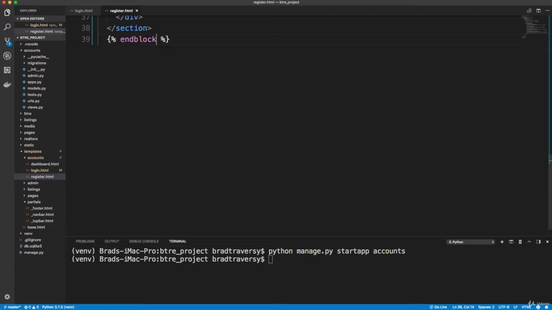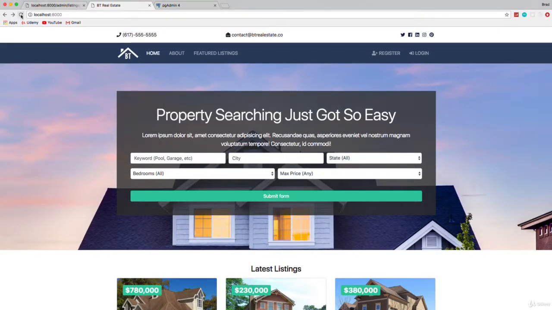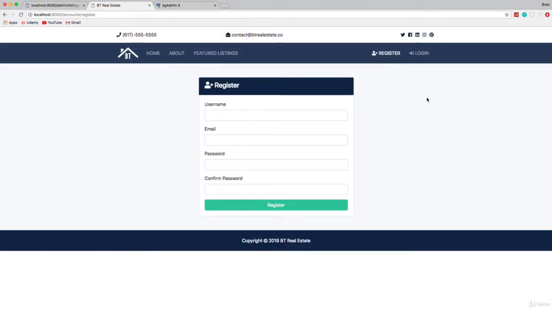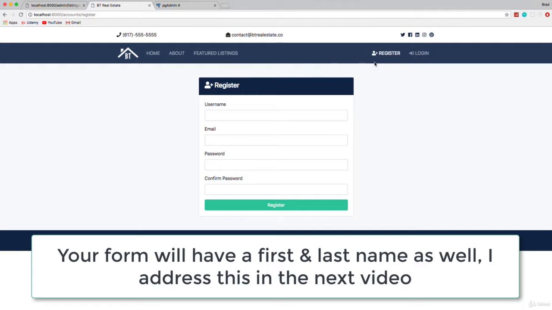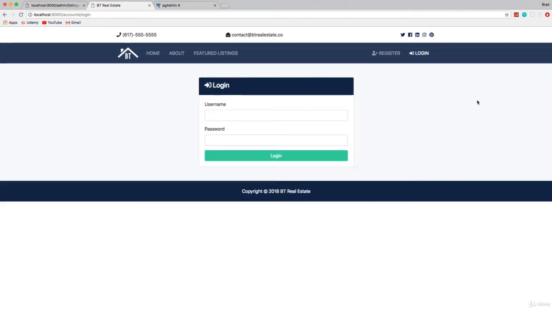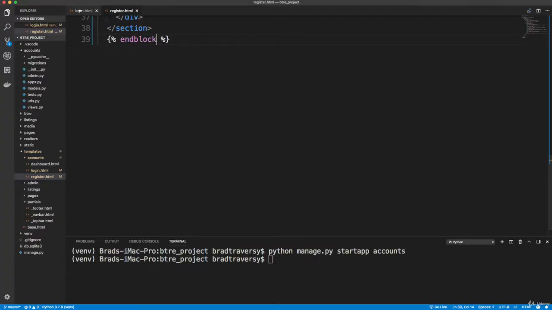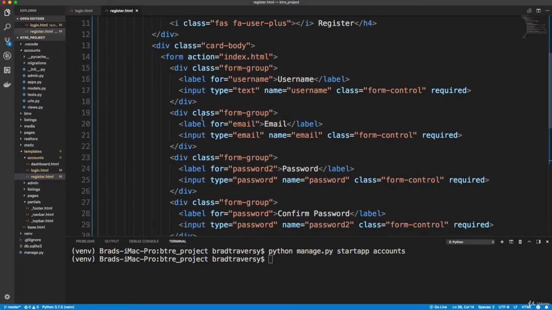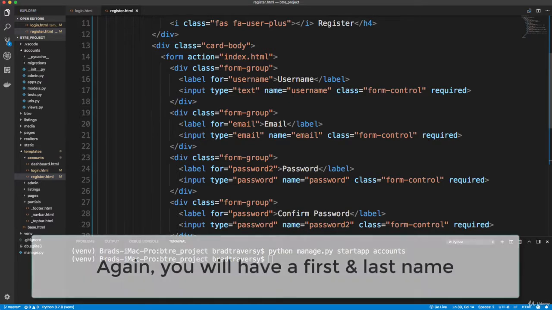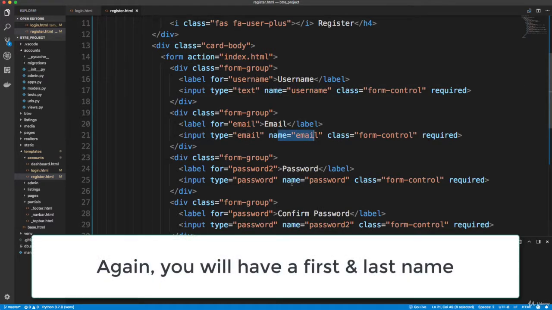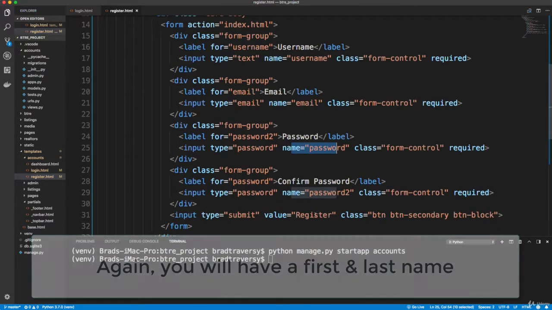Now let's go back and reload, and let's go to register. It shows the register, and notice that it's highlighted. That's from what we did in the last video. Let's go to login, and we get our login. Now we have all of our fields. For the register, you can see we have username. Make sure we have our name attributes, because that's what the server is going to read when we submit the